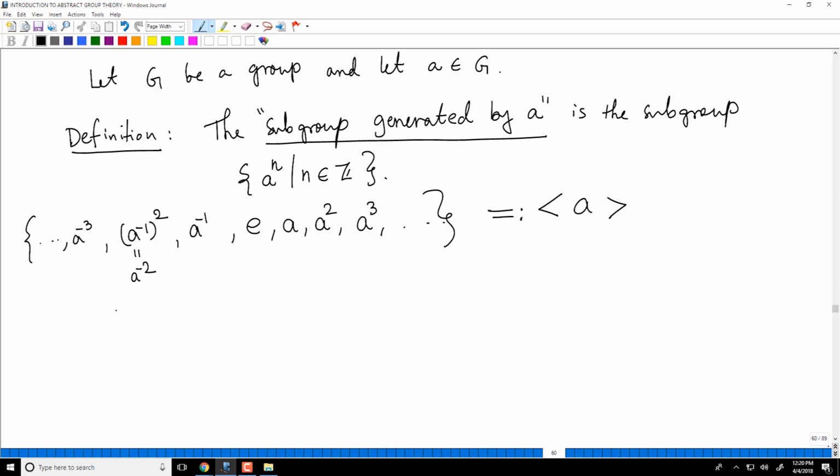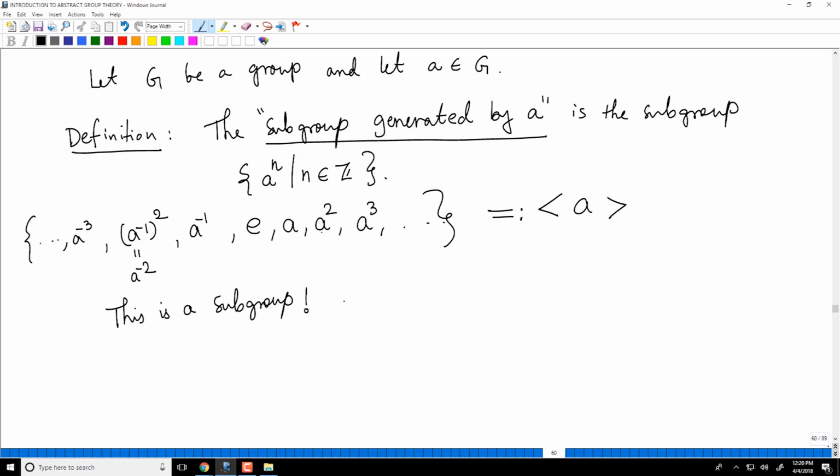First of all, why is this certainly a subgroup? I'm trying to define a subgroup generated by A. Why is this a subgroup? It's very clear, right? Because the identity is there. If you multiply two things here, it is A power n times A power m. As I commented in an earlier video, you can take the usual exponential rules. So if you multiply two powers of A, you get another power of A. And inverses are also there because A inverse is there, A squared inverse is A minus 2, and so on. So this is a subgroup.